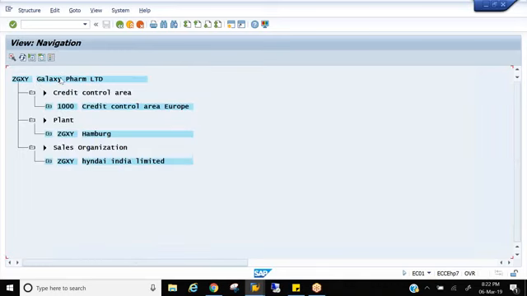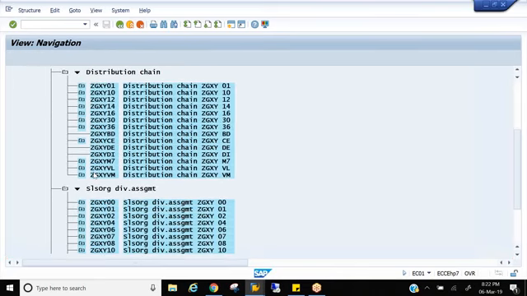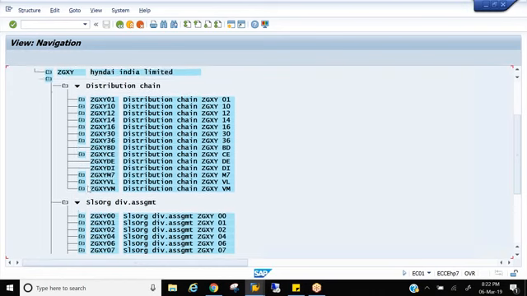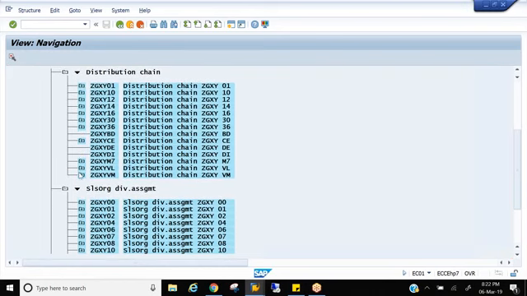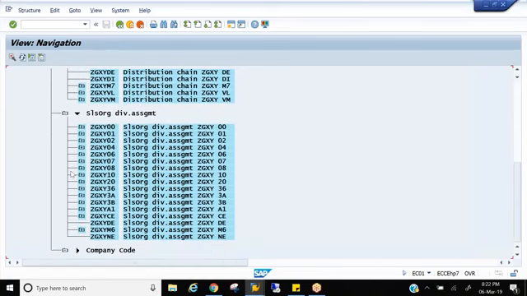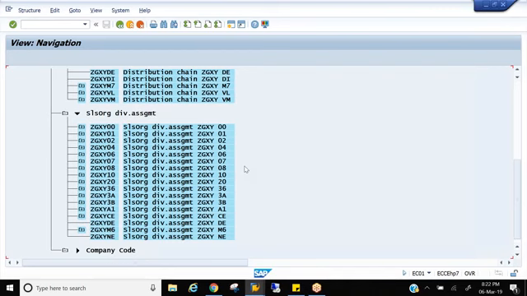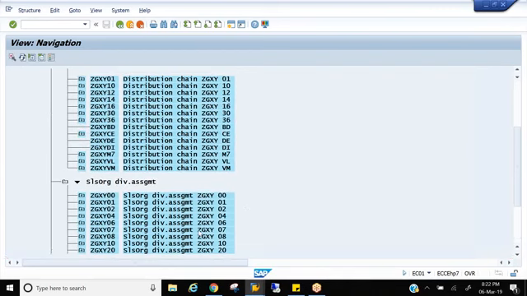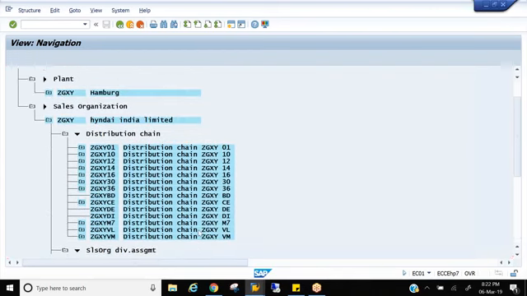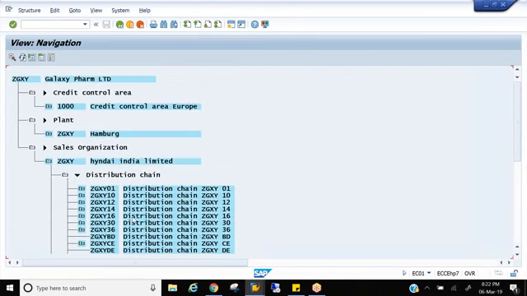This is my company code, right? Under this is my plant. This is my sales organization. For the sales organization, we have distribution channels, right? So this is how you can see your complete organizational structure. By going to EC01, you can see the complete structure, whether assignments are correct or not and everything. So in interviews, if they ask you, can you draw your project organization structure? Yes, this is the same way you need to draw the complete client's organization structure.